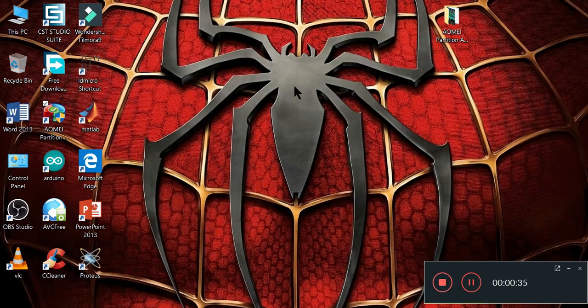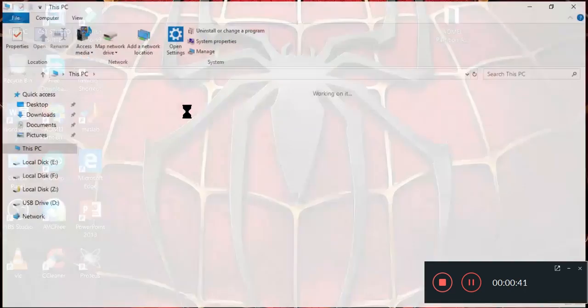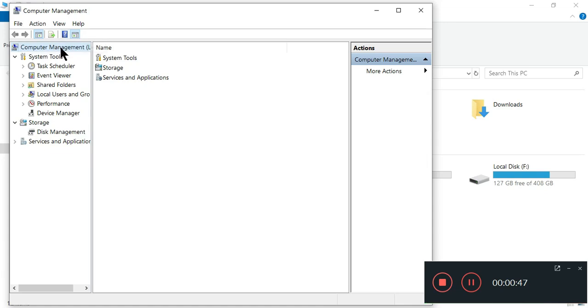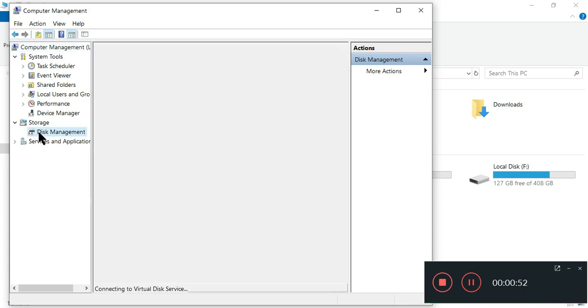First of all, with the Windows Disk Management setup, you need to go to This PC, then click on Manage. Then you will see all these options and you will find Disk Management here.